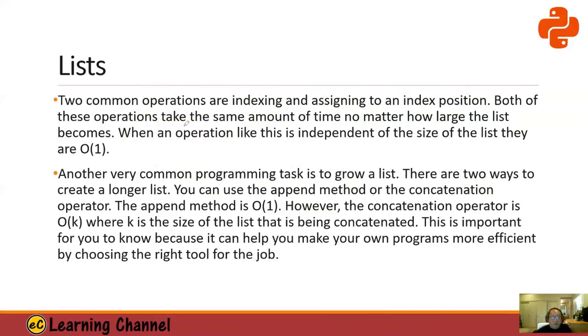So both of the operations are order of one operations, right? Because you calculate the address and you get it. Another common task is to grow a list. So insertion or deletion has different costs, and it also depends on